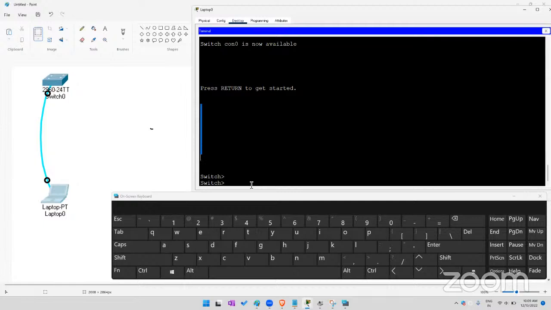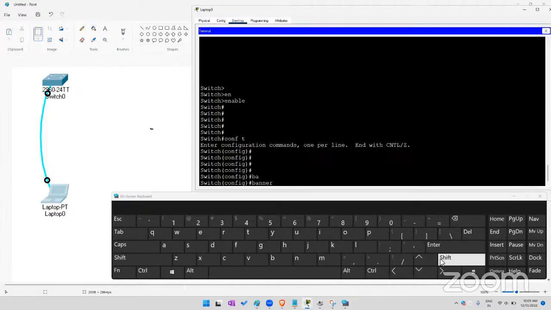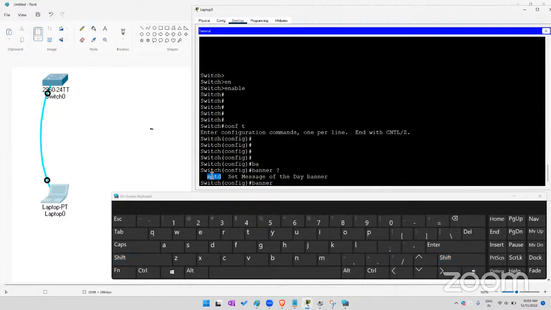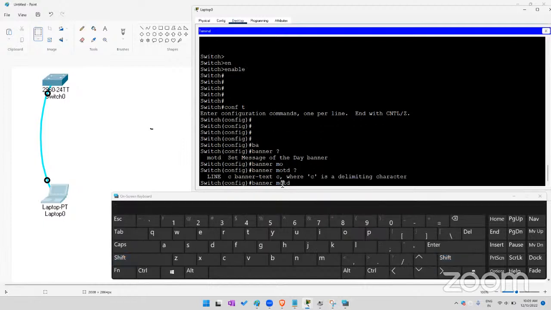Right now we have not set any banner. So first go to privilege mode, enable, and go to config mode. And now the command banner, and then the feature. Which feature are we using? MOTD. So write down motd, and then define a small c. Right now I just need to write down my text. So I will write the text as CCNA